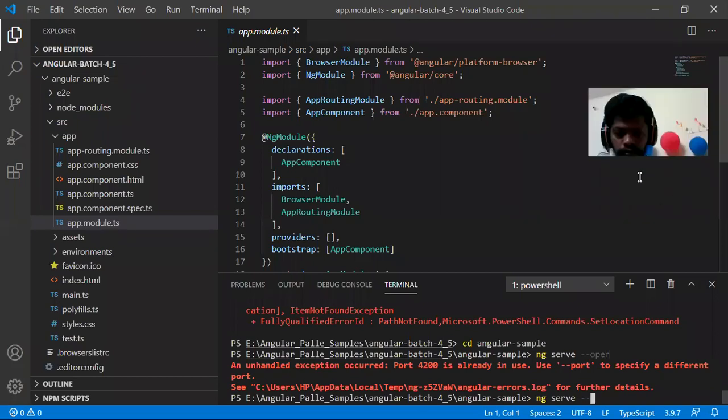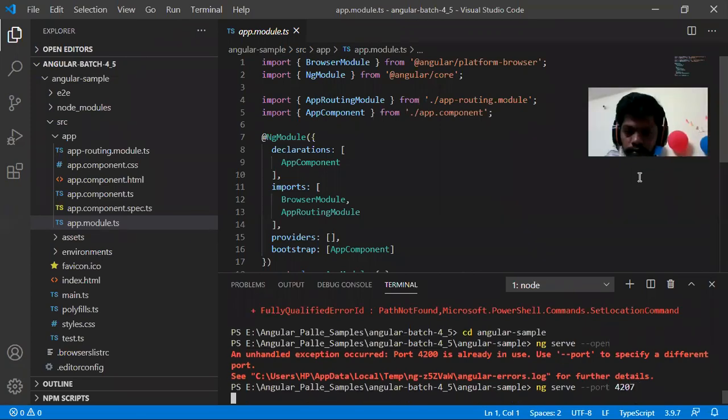I'll write ng serve --port, I'll say 4207. I can give a different port number. Now my Angular application will run on port number 4207. Don't bother too much about that port number.